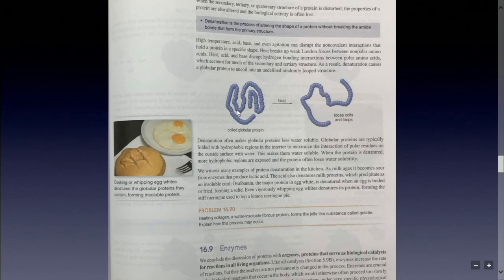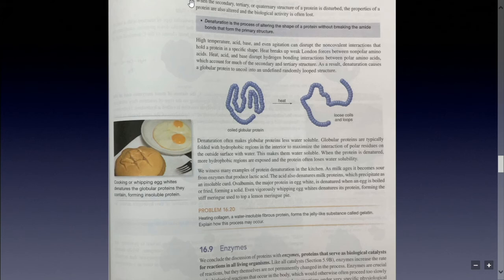Or it depends on what protein you're looking at. If it's a globular protein, then instead of being round and all balled up with all the hydrophobic stuff in the middle and the hydrophilic stuff on the outside, which is usually the case, instead of breaking all that up into a loose coil like this, you could essentially break up a